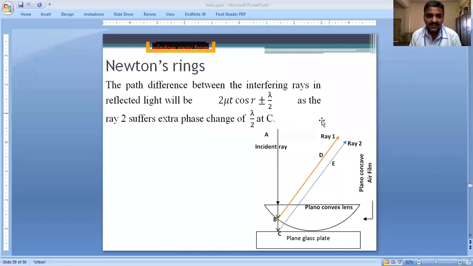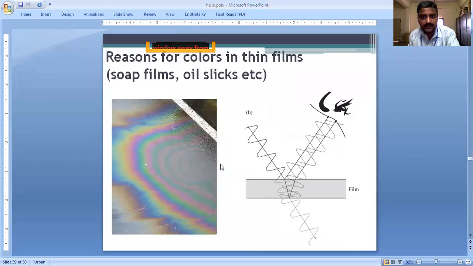So our interest here is actually to calculate the path difference created between the two rays. In the earlier case with the thin film interference also, we have calculated the path difference for a parallel thin film. Parallel means, if you recall the thin film interference where we have derived the cosine law, 2 mu t cos r, we assume the t constant because it's a parallel film. If you can go back, let me switch to the previous one so that I can show you what is there.